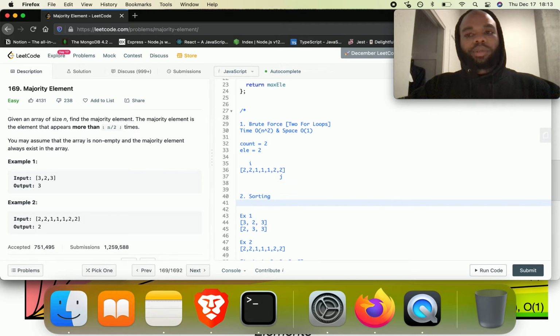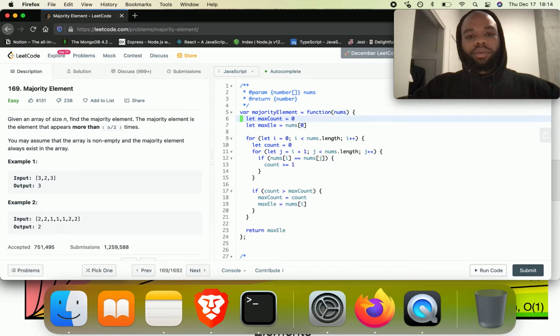The worst case runtime we have to worry about is just sorting. So the time complexity will be O of n log n for sorting, and then space complexity will be O of n. And so if we do that,